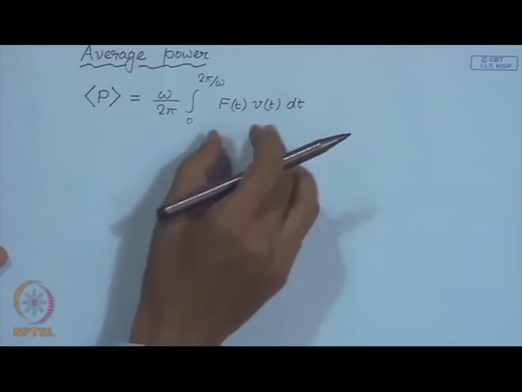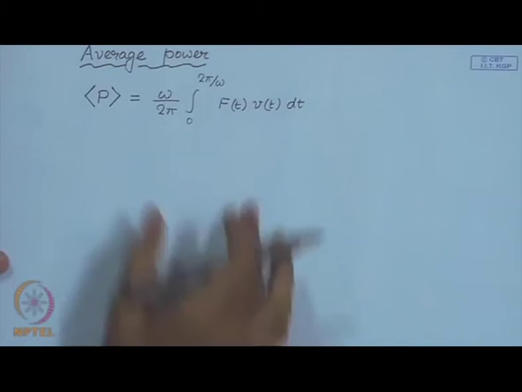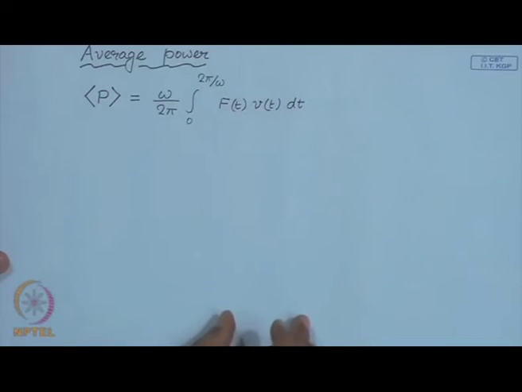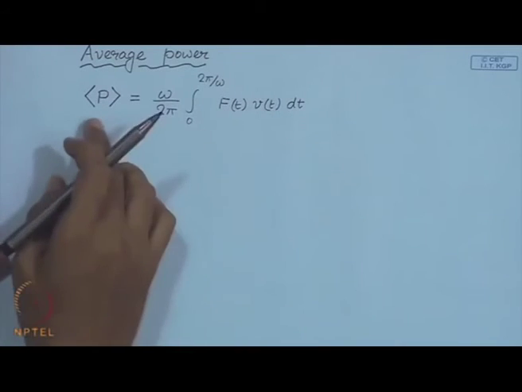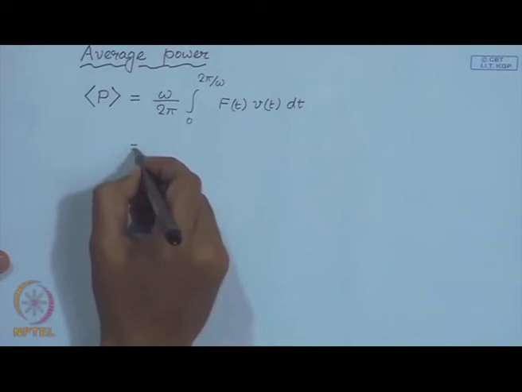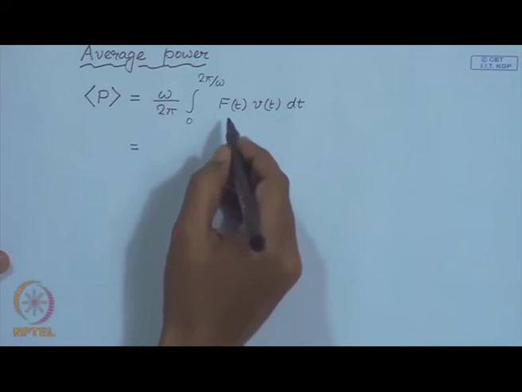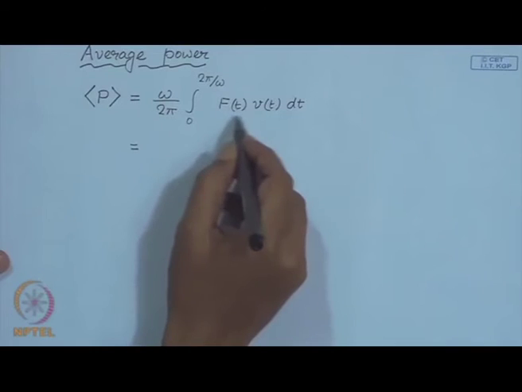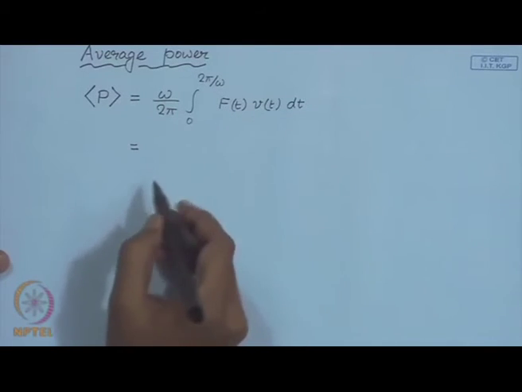So, if this is the situation, then this is the integral you perform in order to assess the average power that is flowing. And since we are using complex notations to denote force and velocity,